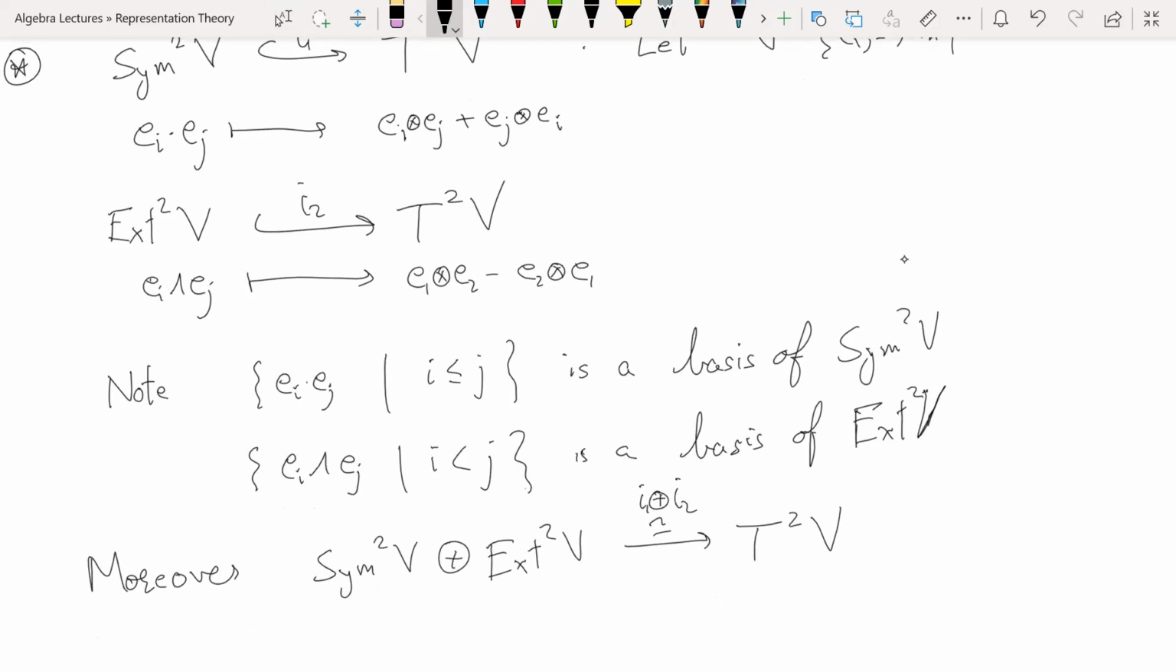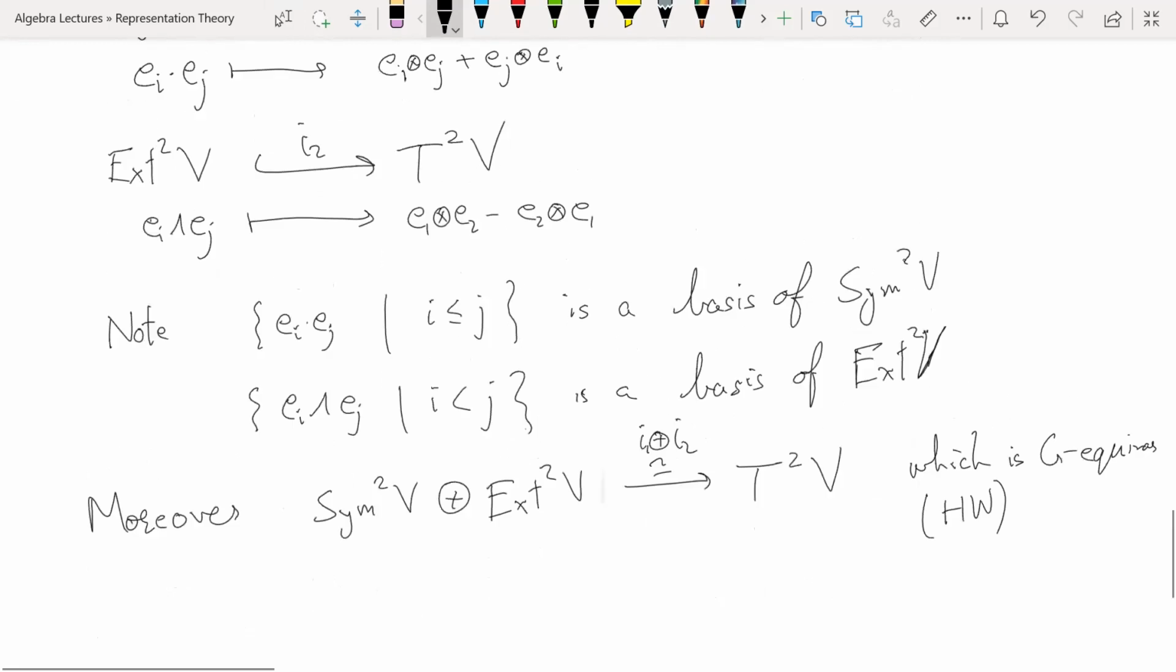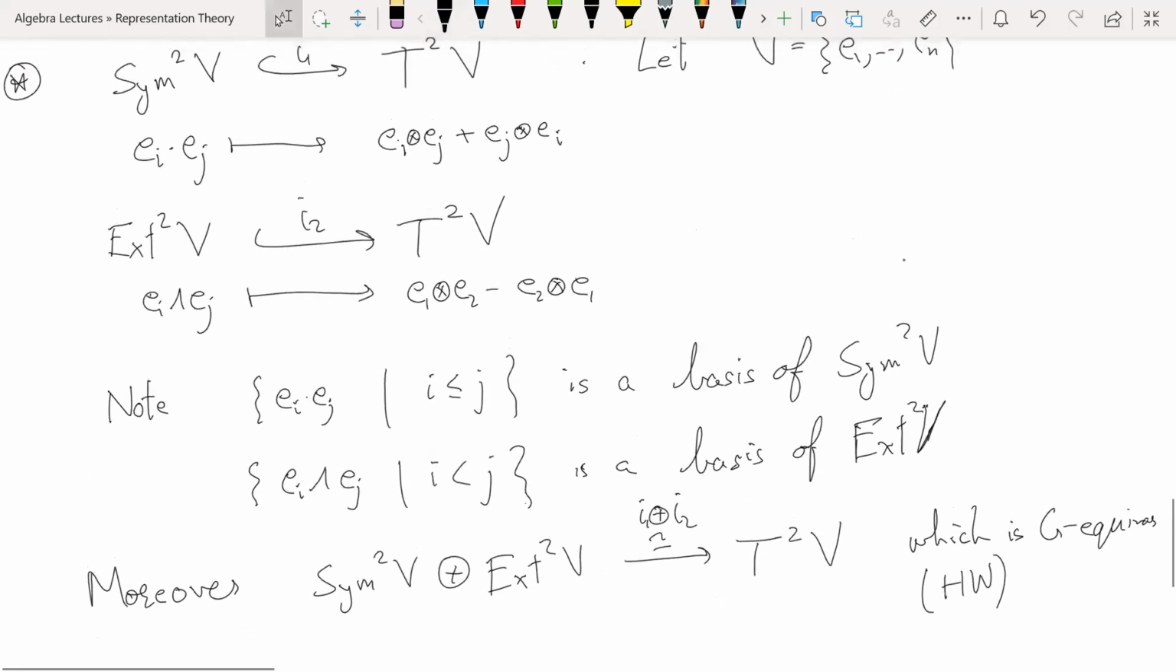This induces an isomorphism, which is G equivariant. This is from the homework. Equivariant was homework earlier, and G equivariant is homework later. So that tells you that this is a